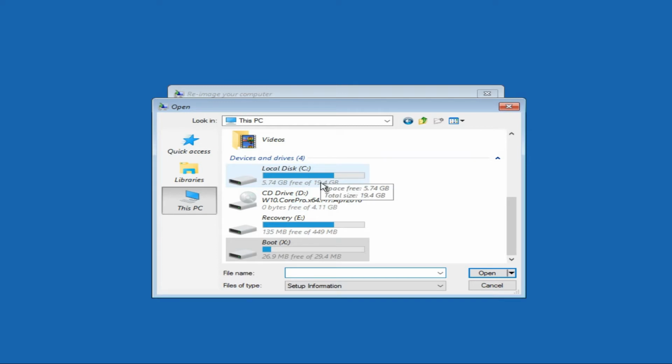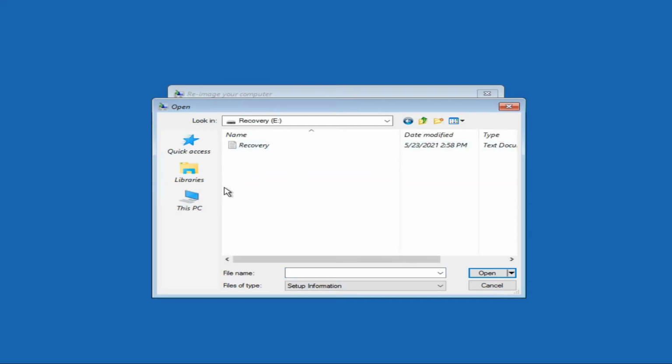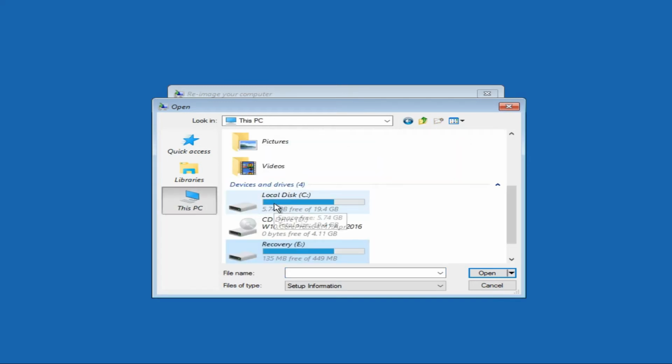Maybe it is E. You have to first see whether it is C or not. It changes automatically when you go to the system image recovery. So here you have to see which one is your actual C partition.